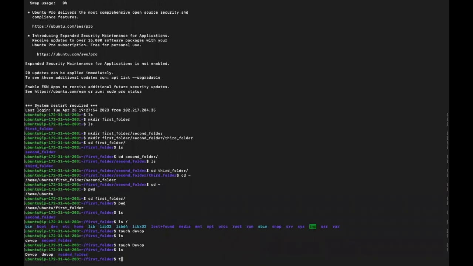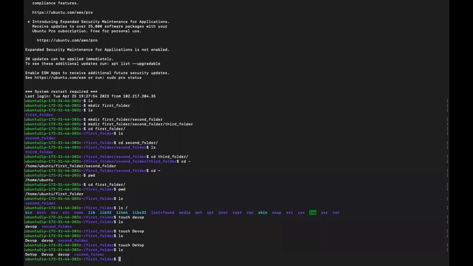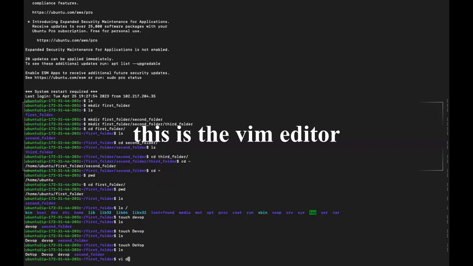If I do touch for create file with dev up, I could just mix the cases any way I want. It will create a totally different file for me. So you know that Linux is case sensitive. Right, so let's go into my file. So let me choose one. Let me choose the Devops file, and I can go into it with the vi command, with the vim command. So let me go into vim